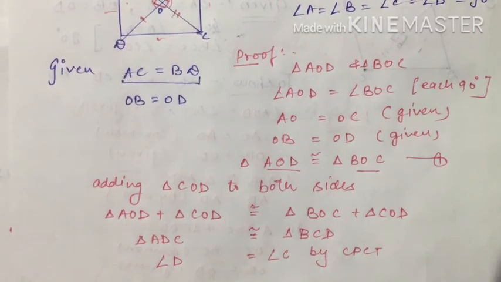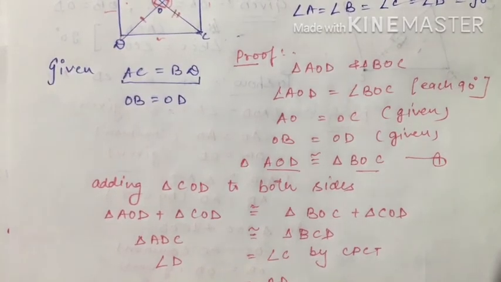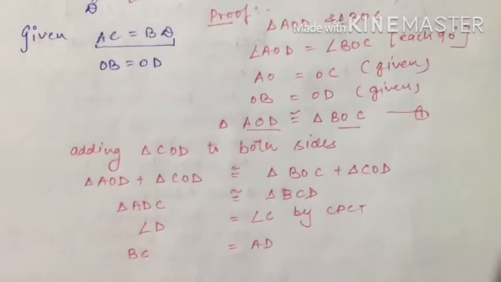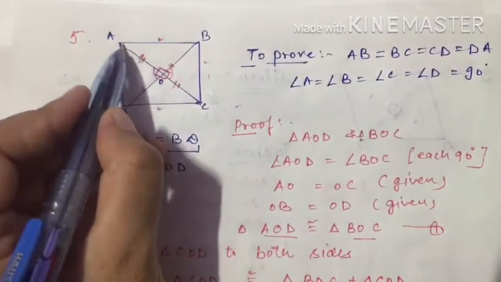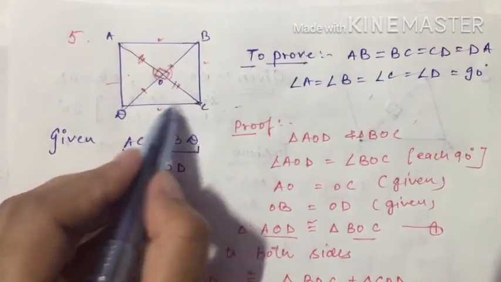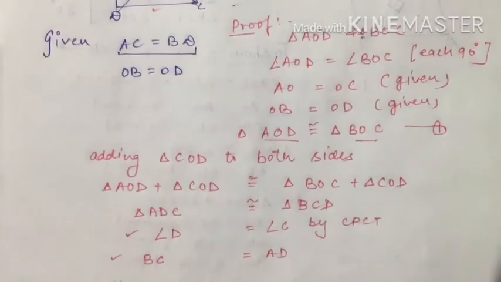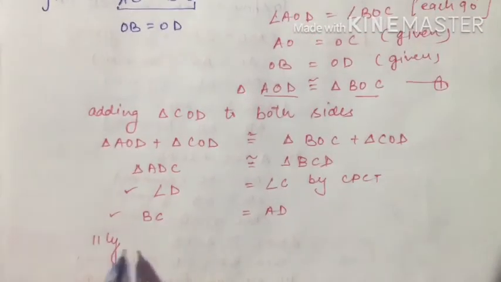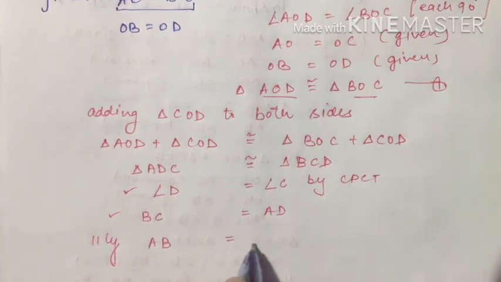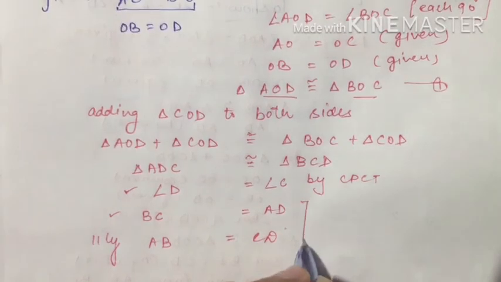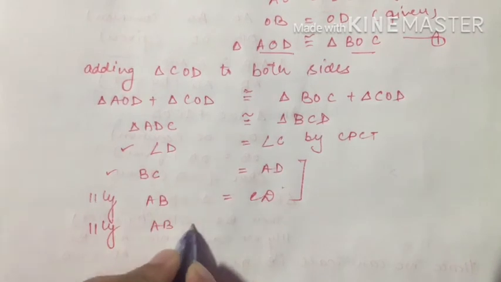And my BC will be equal to AD. Okay, this is what I have proved. Likewise, I have proved two things here. The two things I can prove by taking triangles AOB and COD. अब आप वो वाले ट्रायंगल्स ले लेंगे, फिर ये वाला ट्रायंगल जो इनके अंदर कॉमन आ रहा है वो ऐड कर देंगे, उससे आपको क्या मिल जाएगा? सिमिलरली आप यहाँ पे लिख देंगे, सिमिलरली आपके पास BC किसके इक्वल आ गया? AD के। सिमिलरली आप क्या प्रूव कर सकते हैं कि AB आपके पास किसके इक्वल आ गया है? CD के इक्वल आ गया। इससे आपकी 4 की 4 साइड्स इक्वल आ जाएंगी।